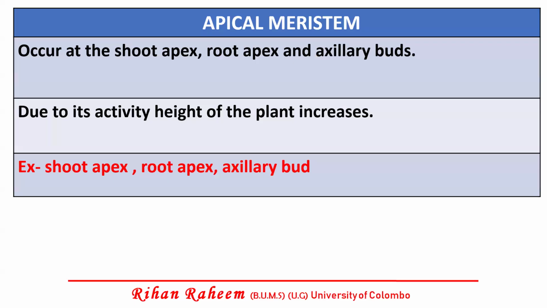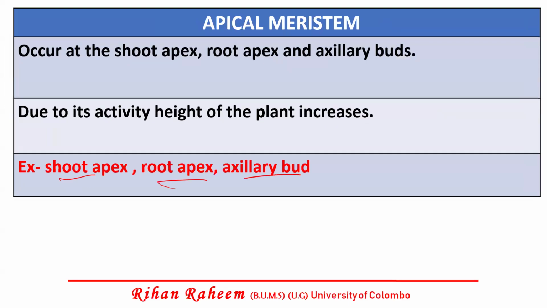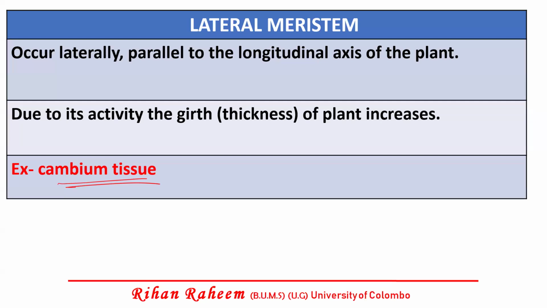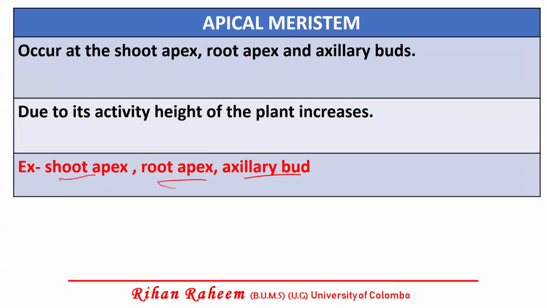Yeah, they have just given you apical meristem, the examples. Shoot apex, root apex, axillary bud, we discussed that, no? Then lateral meristem also we discussed, cambium tissue is the example. The ones who are not coming to my theory classes, if you want, take a screenshot of this. These are the features of apical meristem. In our tute, we have given the apical meristem features and the drawing of it, lateral meristem and the drawing of it, intercalary meristem and the drawing of it in the same page,